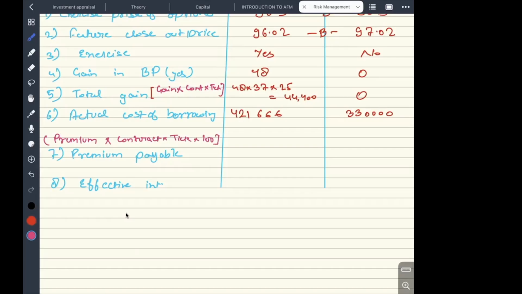Okay. Now go back and just try to solve it. 0.581 multiplied by 37 multiplied by 100 multiplied by 25. Over here, it will be 0.581 multiplied by 37 multiplied by 100 multiplied by 25. And again, same thing will be over here as well, right? Same thing will be over here as well. So it will become,